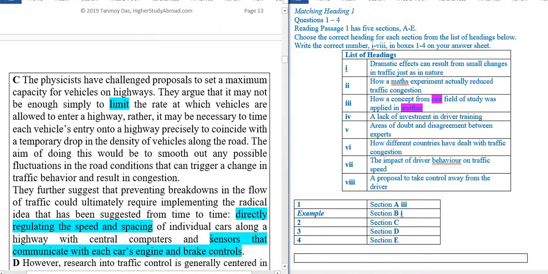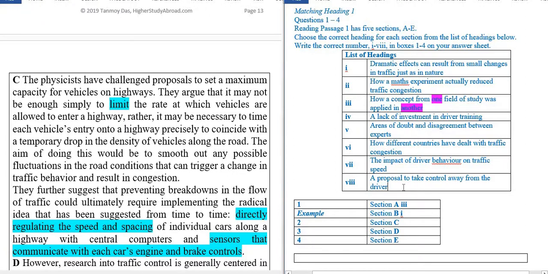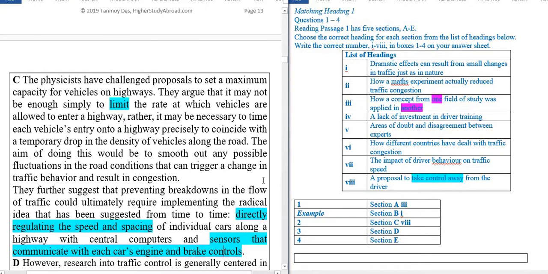There will be a system where sensors will communicate with the car's engine. So they are losing control. The drivers are losing control here. So obviously the answer is here, a proposal to take control away from the driver. So here is the keyword, take control away. For section D,